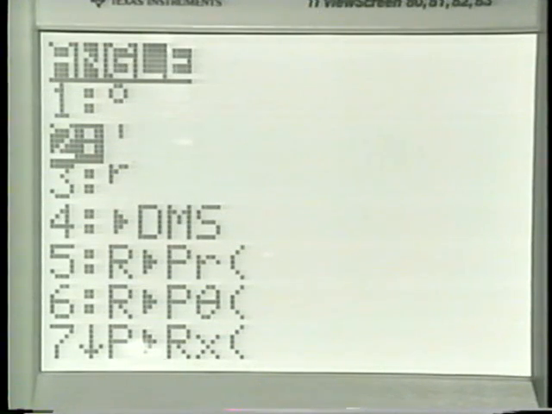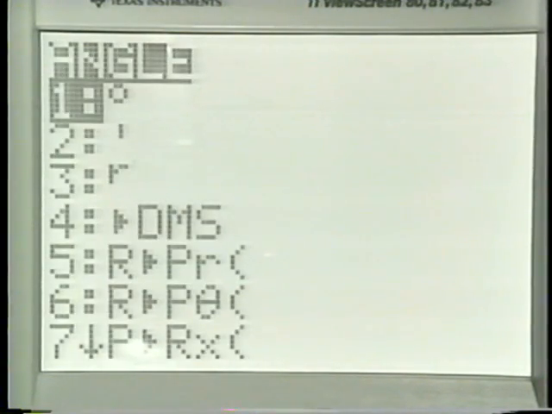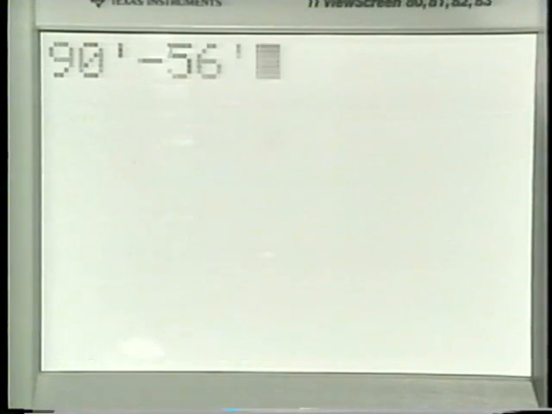Okay, so I'll go to 2, and I'll say 90. That's really degrees as far as a TI-82 is concerned, and subtract out my 56, which will be degrees, but I'm going to put minutes. Second, angle, cursor down to that. Okay, 56 degrees, 23